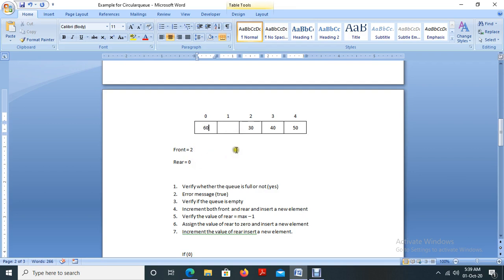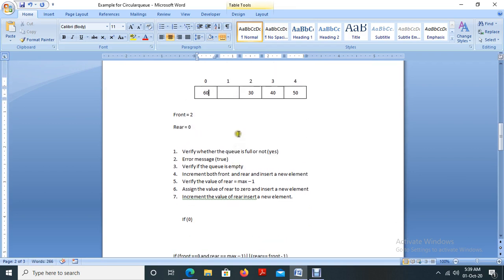So this is a case that we already discussed, how the concepts work in a circular queue. And now I am going to write a program for this. Before writing the program, I just want to write an outline of how the program is going to work. Before writing a program, you should have a plan. What you are going to write in the program should be clear in your mind. Otherwise, you will be confused.